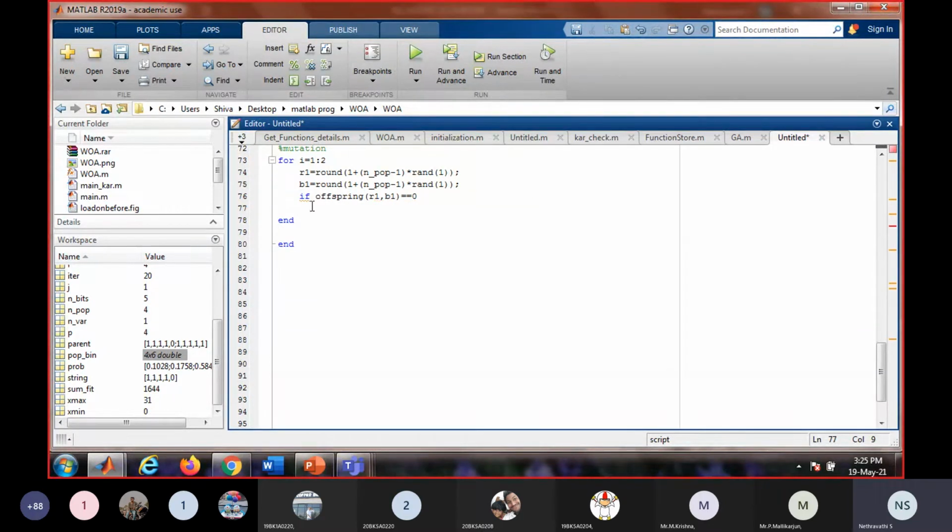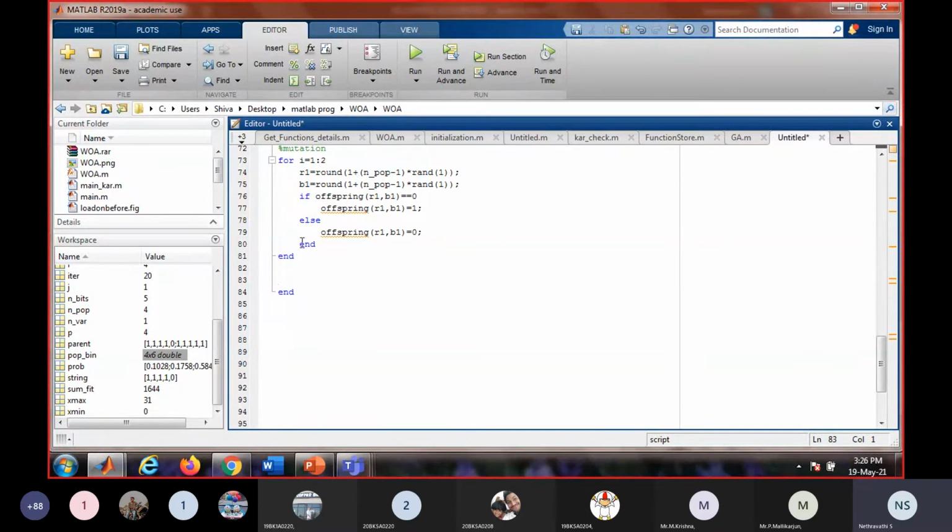It should make it as 1. Else make it as 0. And end it. Okay. So now we have mutated the offspring.